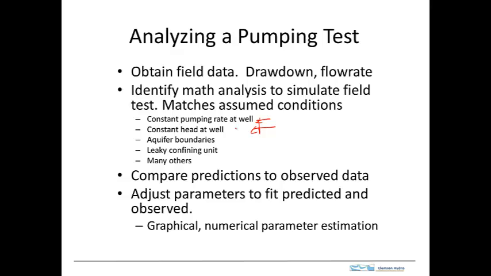Is there a stream out there and the stream is cutting down into the aquifer? All of these effects will cause the pumping test to be different, and it'll affect how the mathematical analysis is done. A leaky confining unit is also something we could consider, and it will change the mathematical analysis